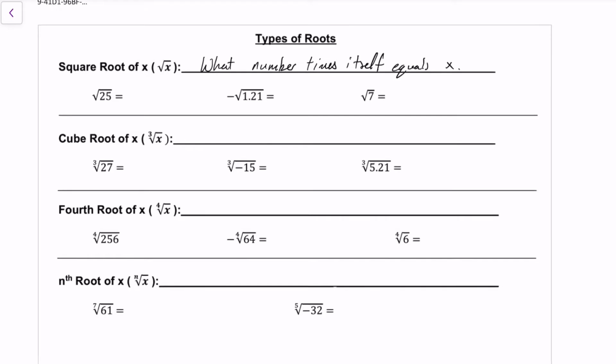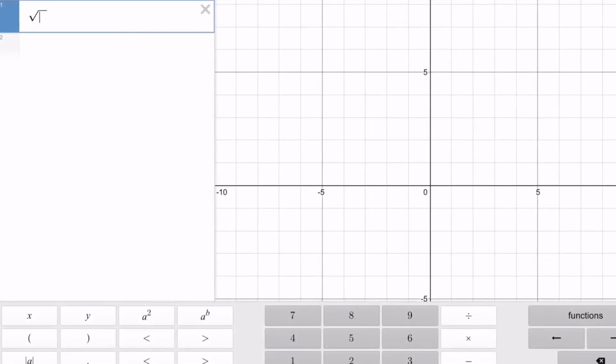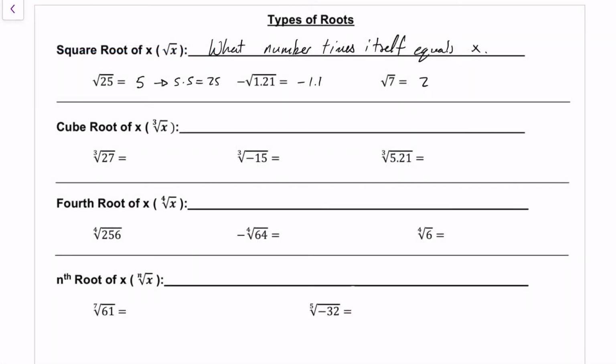Then we're just going to find some square roots. So the square root of 25 is 5, and this is because 5 times 5 is 25. The negative square root of 1.21 is negative 1.1. I just kind of know that because the square root of 121 is 11, so the square root of 1.21 must be 1.1. Okay, for the square root of 7, I need to use my calculator, so I'm just going to put it in the calculator, and I get